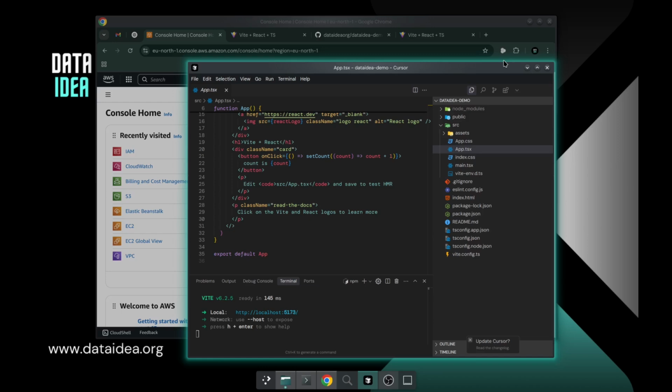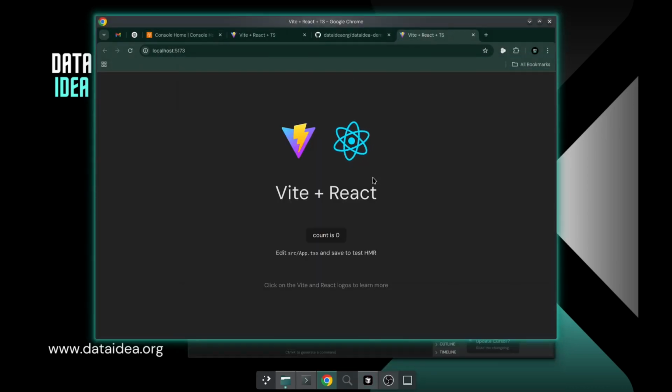Now, let's get started. Before we get started, you need to have a React application, you need to have an AWS account, and you need to have a GitHub account. Your React application should be running at least on your local machine. I just started up this boilerplate one, and if we come to the browser, we can see that it is